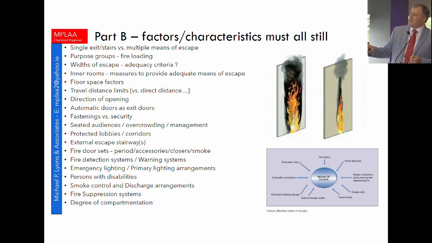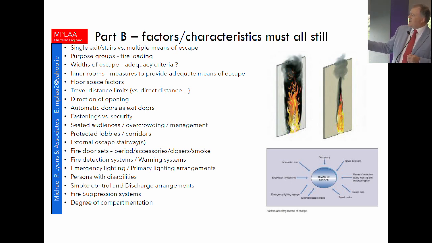The big thing really that sets performance-based designs apart are the degree of smoke control that must be designed and provided for, whether or not, and the probability is yes, that there'll be a fire suppression system by way of a sprinkler system, and then the impact that that has on the degree of compartmentation in terms of the subdivision of your stories, and then within the different stories of a building. And of course, there's a huge benefit from an architectural point of view to go down the road of a performance-based design to avoid issues to do with compartmentation. But